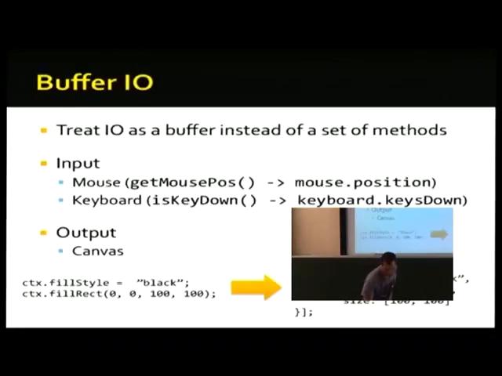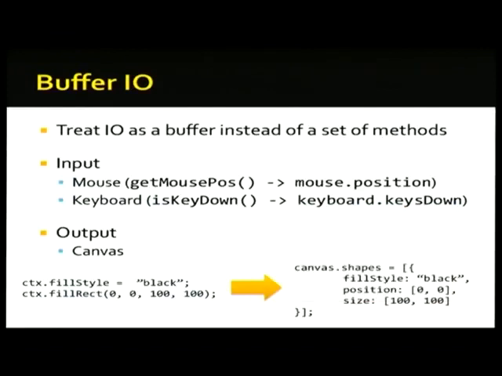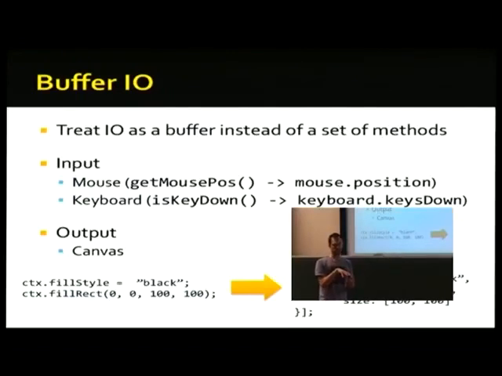Okay. I think this is my last technical challenge I was going to talk about, which is buffering I/O. Like I was talking about earlier, we treat I/O like memory that we're writing to. It's a little bit of a stretch, you have to turn your head around a little to think about things this way, because usually, at least in the JavaScript world, everything is event-based. If you want to find out when someone pressed a keyboard key, you have a keyboard key down handler, you bind to the event, and then you get the event. Oh, they put the keyboard down. Or similar for the mouse moved. Okay, I got to do something about it.